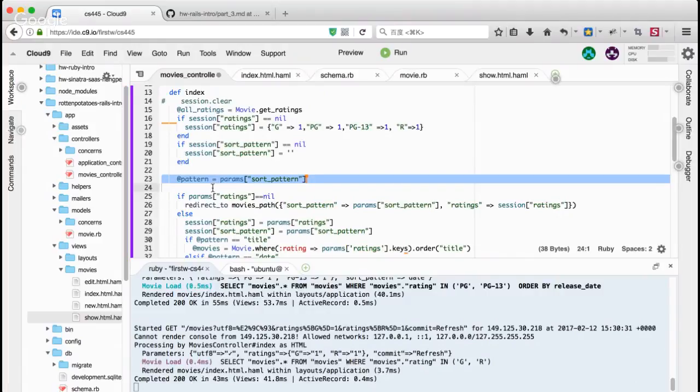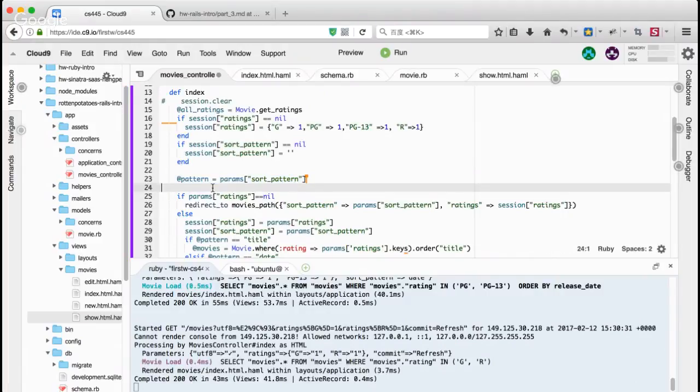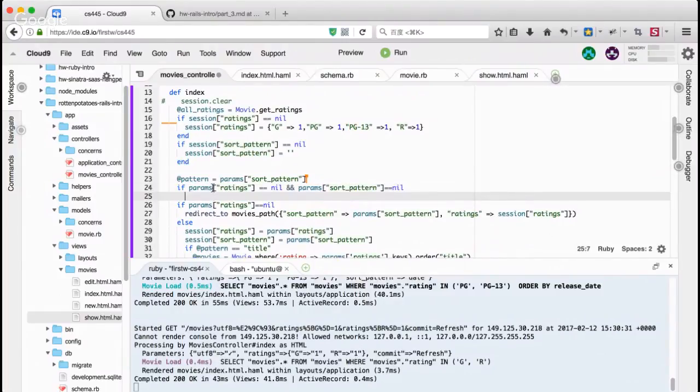Okay, just add some more conditions here. Let's just have a try. If params ratings is equal to nil and params sort pattern is equal to nil, so if they're both nil, I will redirect it to